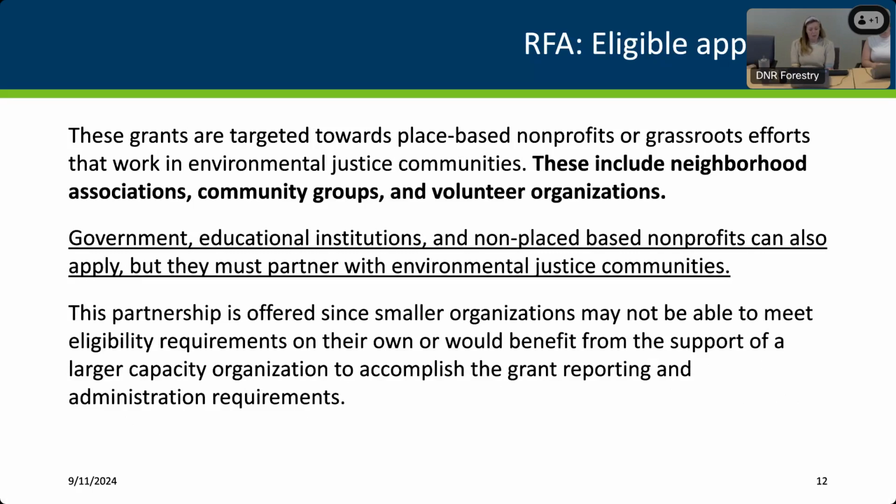This partnership is offered since smaller organizations may not be able to meet eligibility requirements on their own, and an applicant should clearly explain how their proposed projects will benefit and serve EJ communities and provide letters of commitment from environmental justice community or place-based organizations.